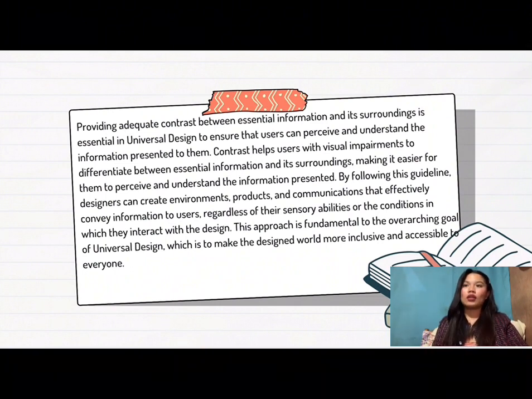It is crucial in design for several reasons, primarily related to accessibility, user experience, and effective communication. So, legibility is essential because it is a fundamental aspect of accessibility, ensuring that text and essential information are easily readable benefits individuals with visual impairments, low vision, or other print disabilities. Clear and legible text enables a more inclusive user experience. And also,